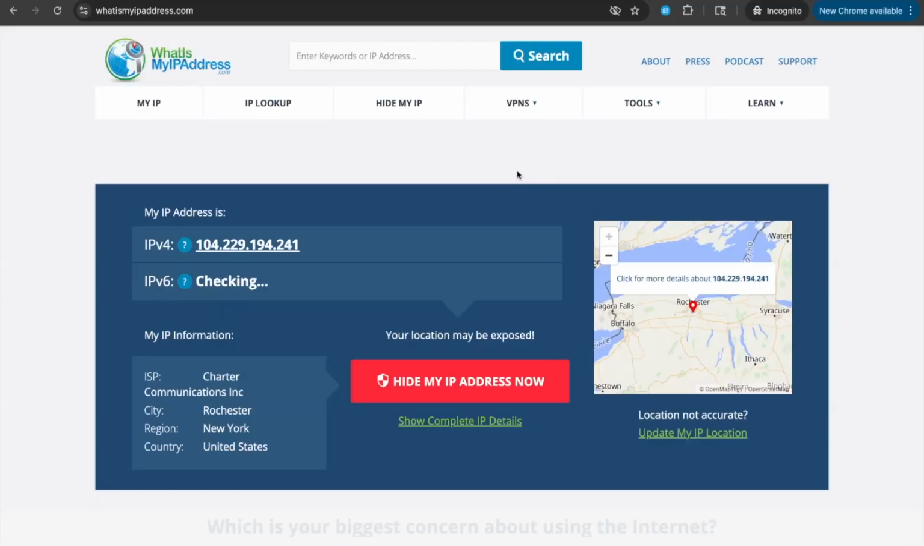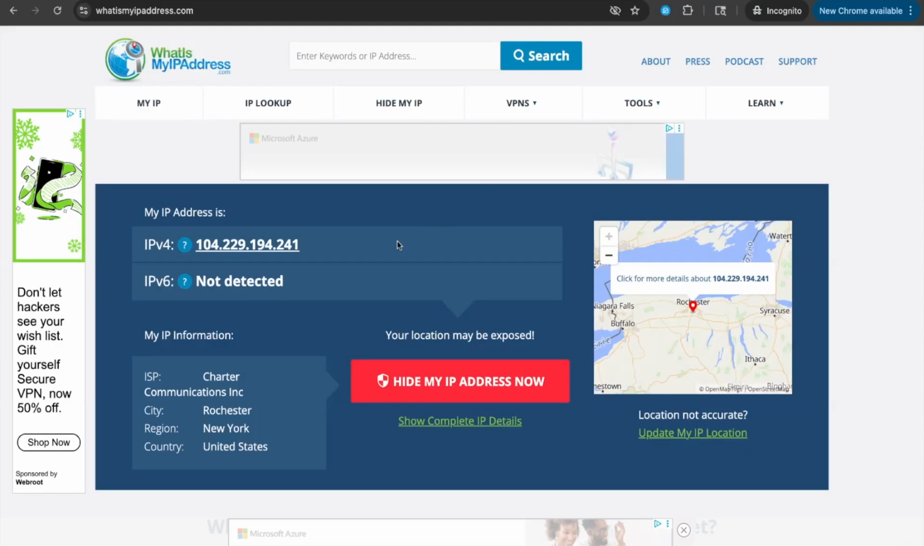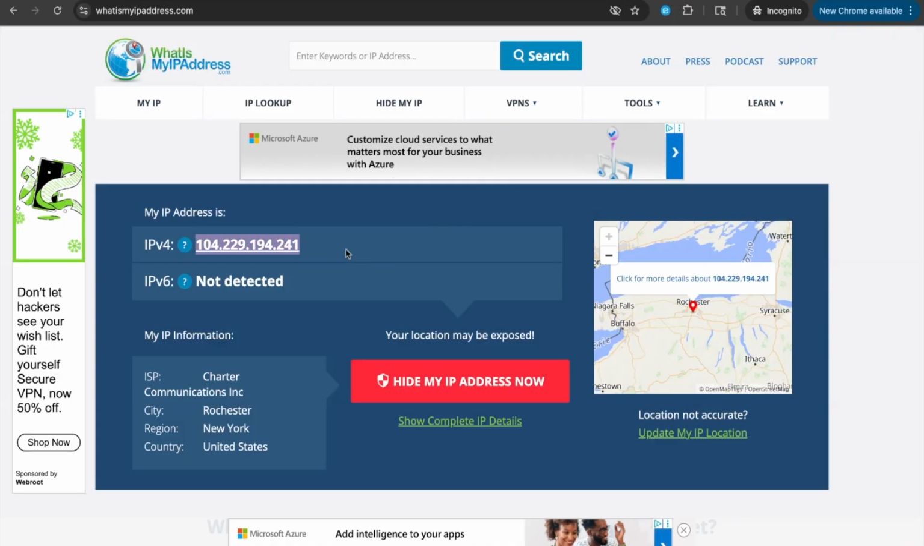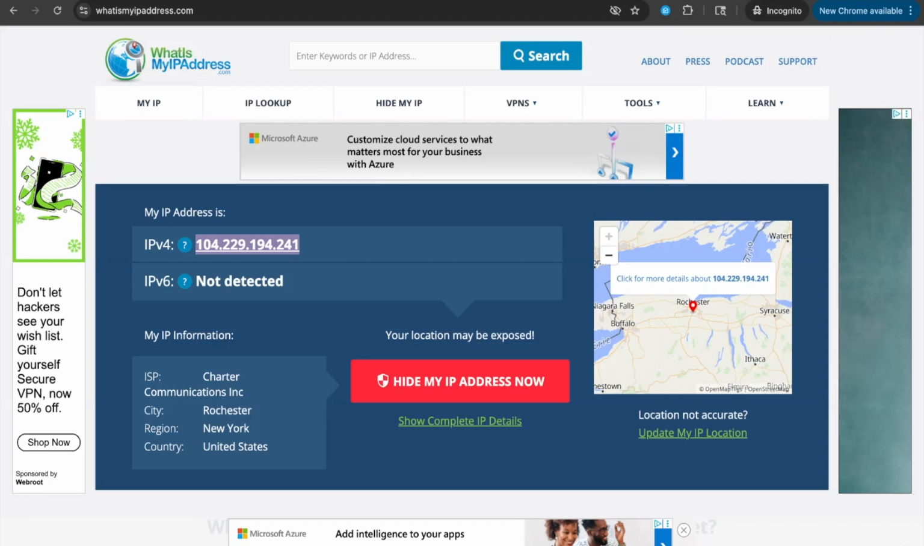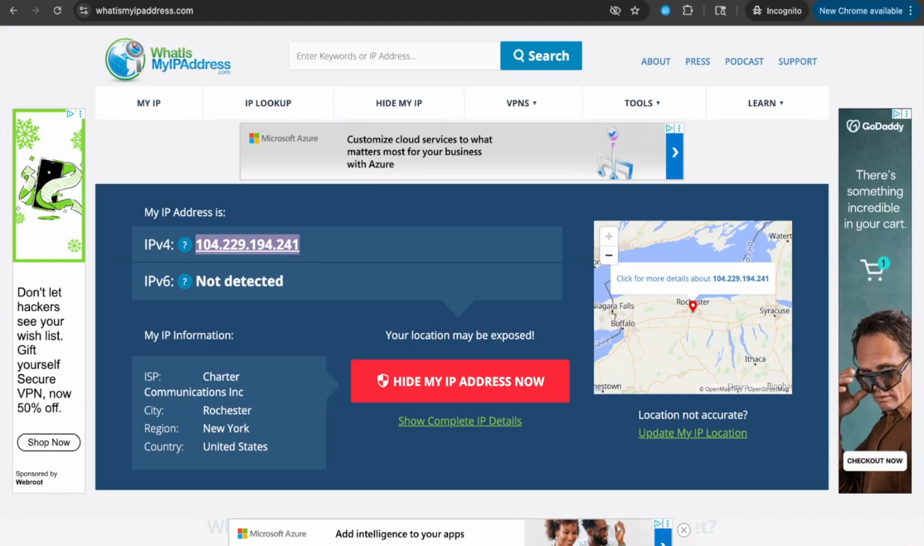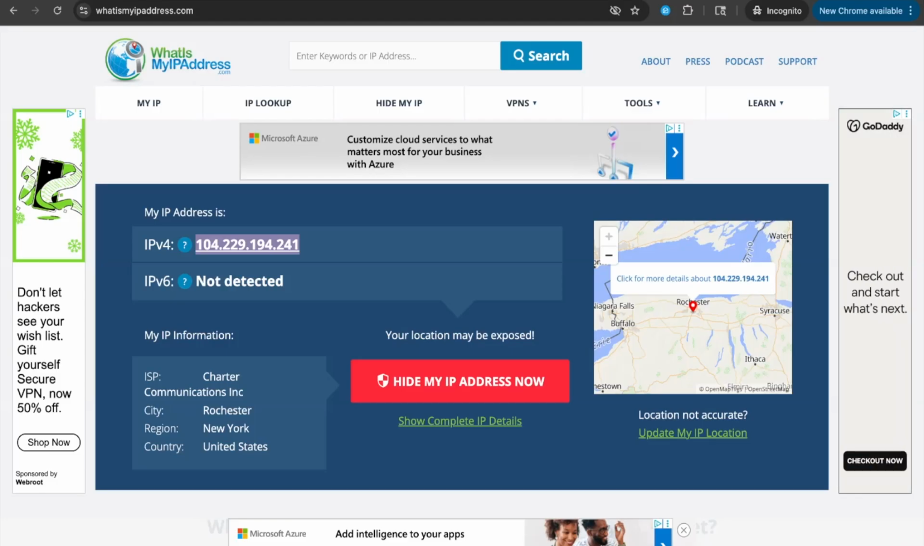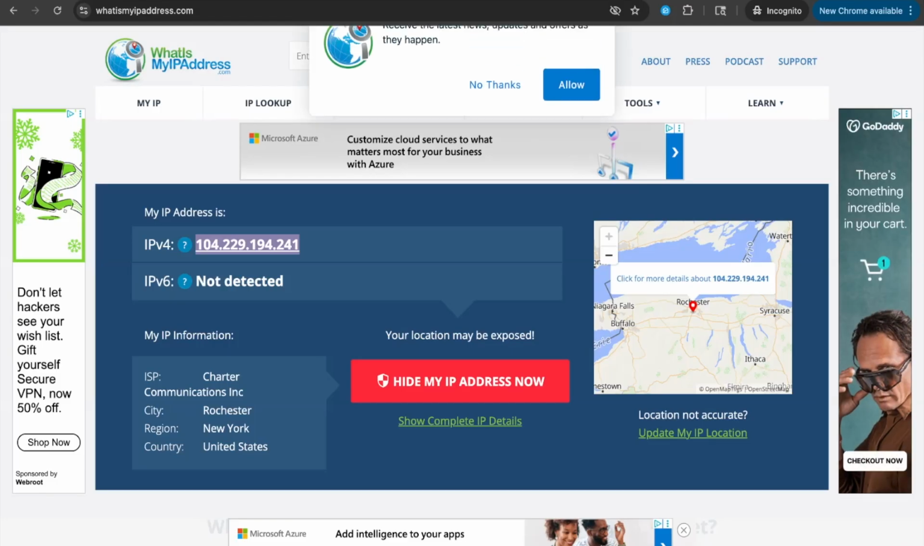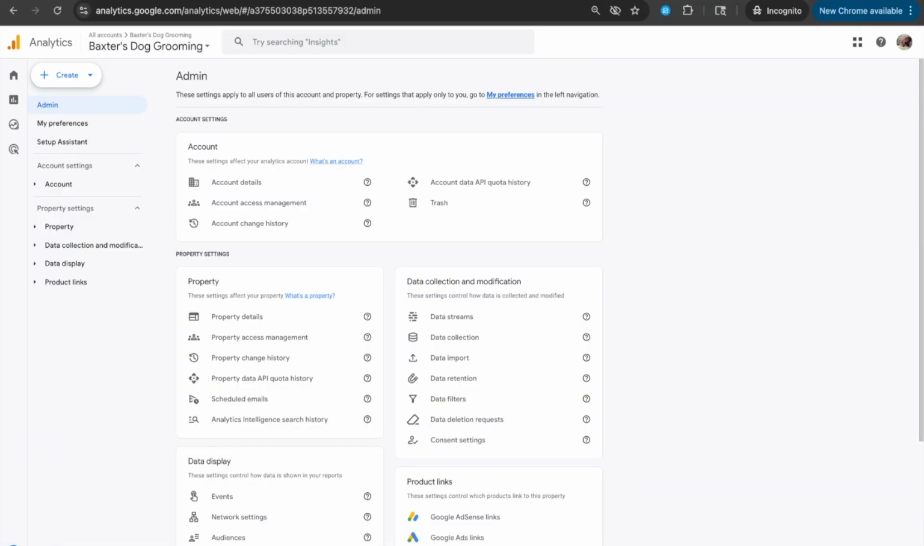Let me show you how to filter out your IP address from your Google Analytics. To filter out your activity on your Google Analytics account when you visit your website, you do need your IP address. So go to whatismyipaddress.com and highlight this first number. It's 3 digits, dot, 3 digits again. You get the point. So we're going to copy that and go back to Analytics,